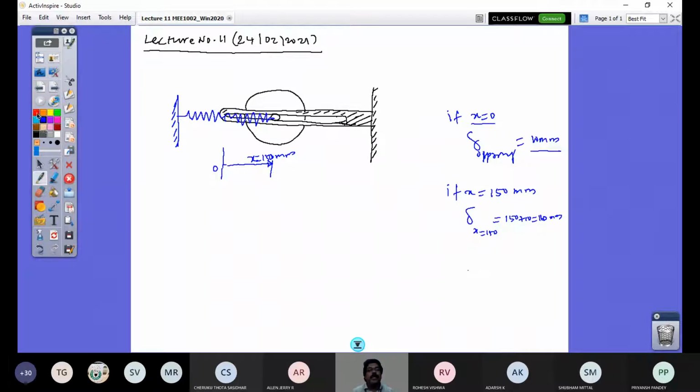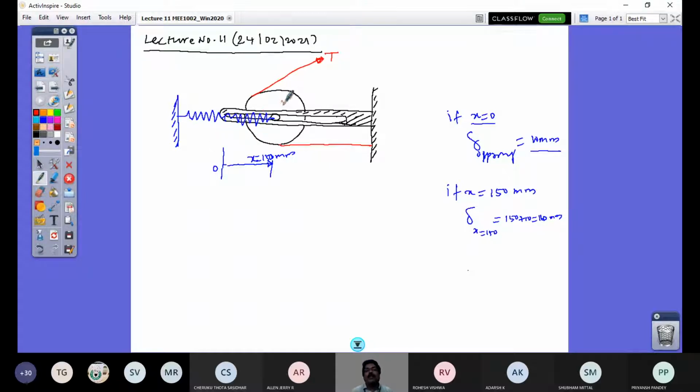So how is it achieved? It is by means of a cable, an inextensible string, which goes around this circular disc. This is that string. So the string has got some tension. This string is what is holding this circular disc at x is equal to 150 mm. If the string is not there, what would happen? The disc would move to the left and be at point O. That is how you should understand this arrangement and mechanism.